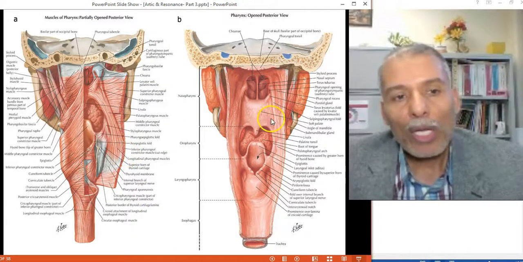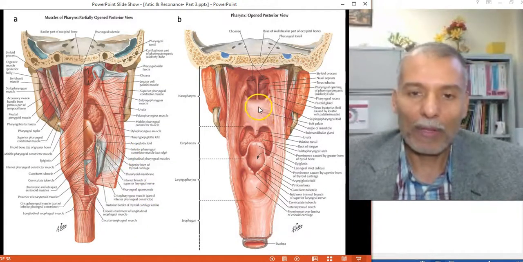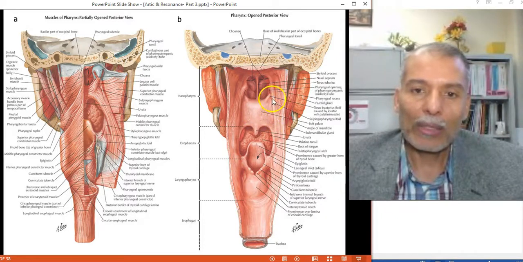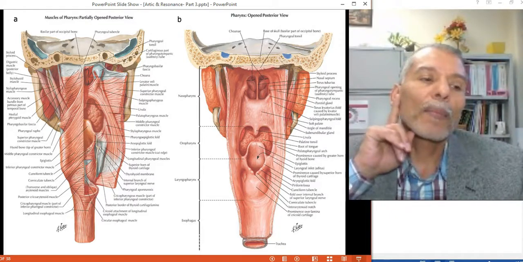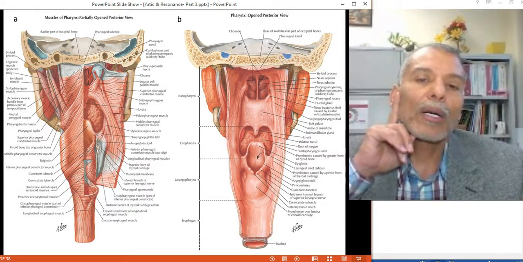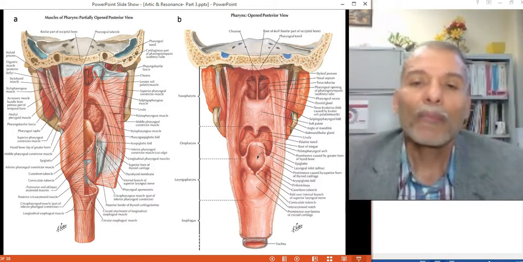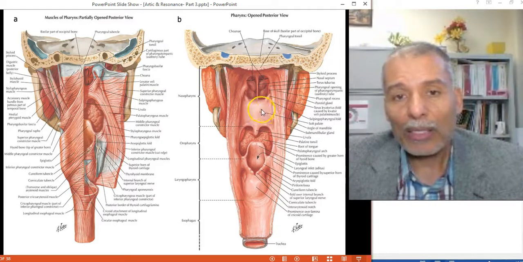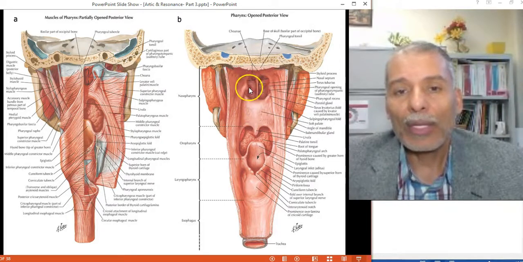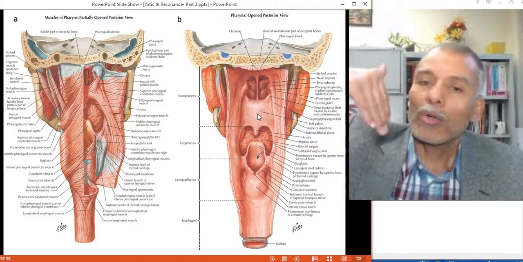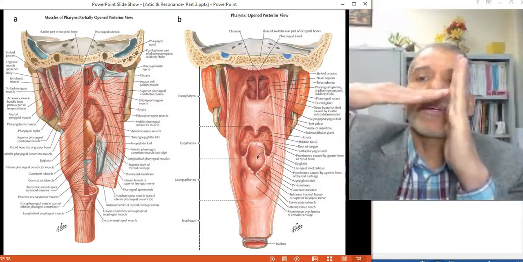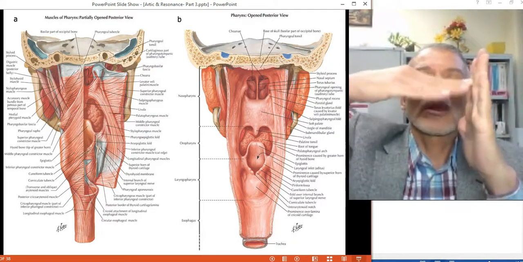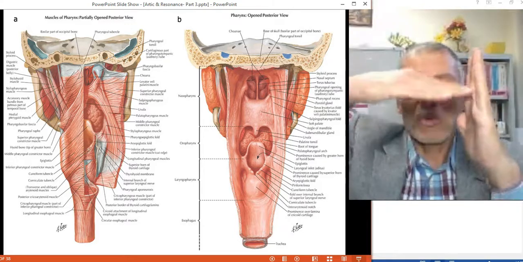Okay, so you have a posterior view of the velum now, and you can see how it spreads from one side of the pharynx and oral cavity to the other, and it separates entirely. It can separate the nasal cavities from the oral cavities. So this velum now is down as you are, for example, sitting and breathing. But whenever you speak, it's going to be lifted up, and it will separate the nasal cavity from the oral cavity,